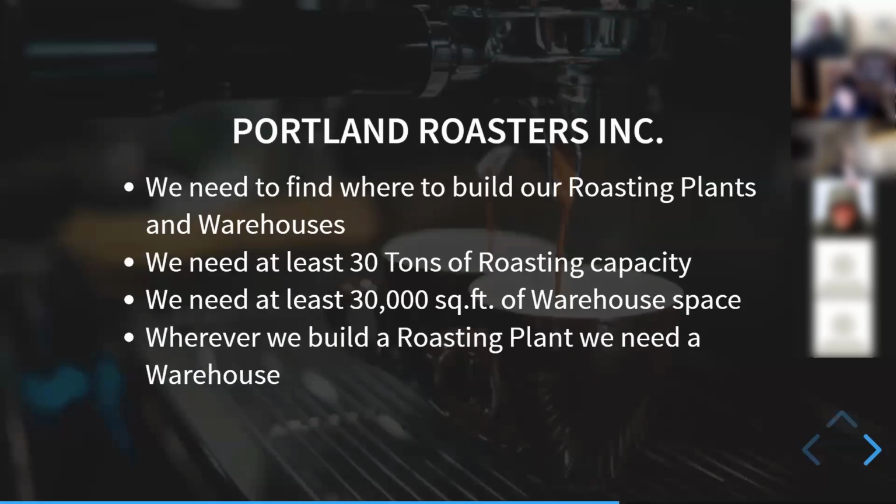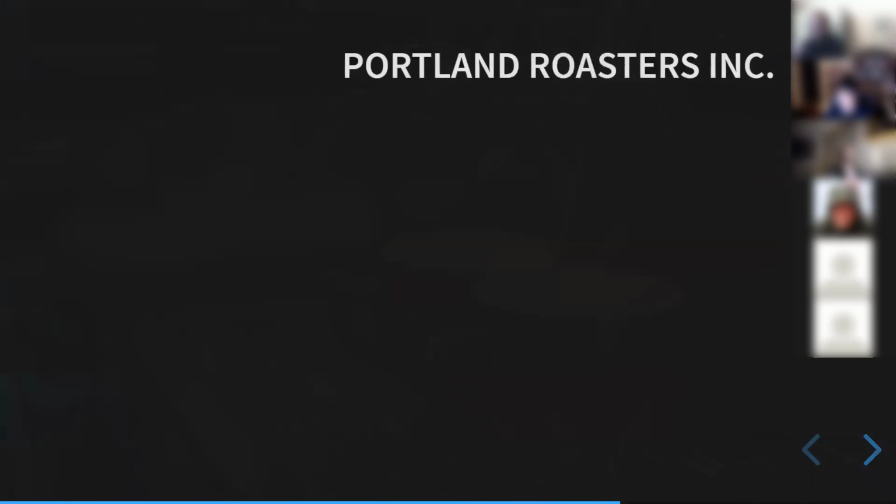So this thing's a little different than what we've shown so far. This is a piece of business logic saying, if you do this, you must also do this. Interesting. But there's not a requirement like if you build a warehouse, you also need a roasting plant. No. It's just if you have a roasting plant, you must also have a warehouse. So let's talk about this.